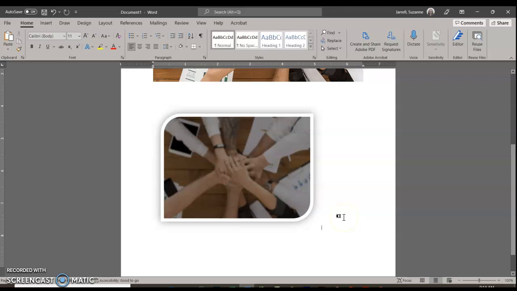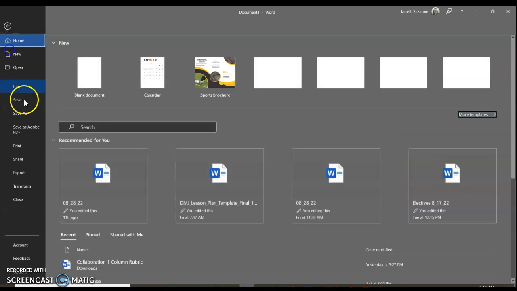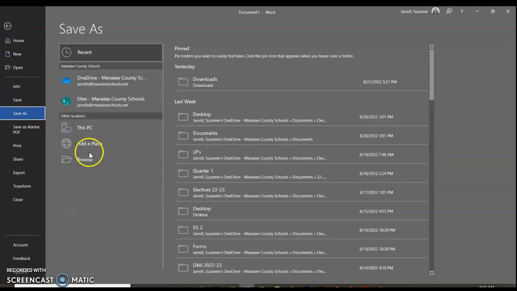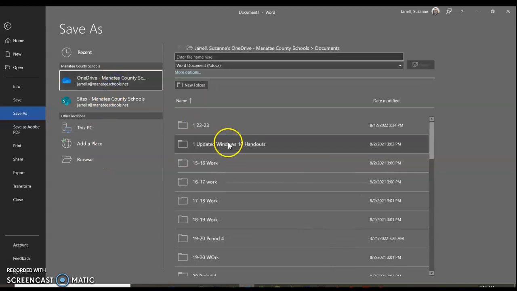Last, see your flashing cursor. If you hit your enter key, I need you to type 2 sentences telling me how this picture relates to cooperation. You're going to save it as, File, Save As. You're going to go to OneDrive,